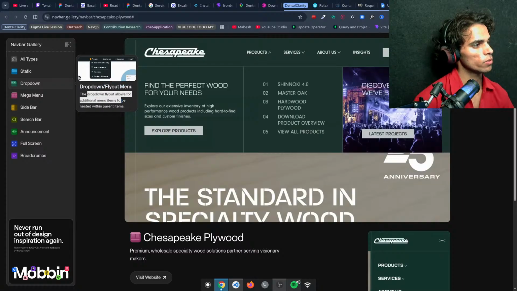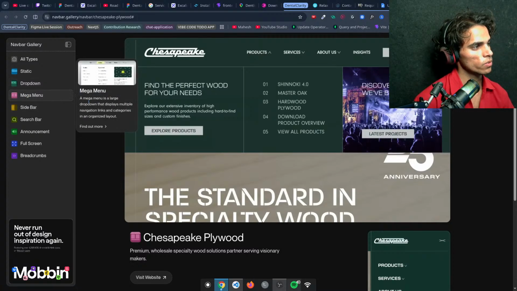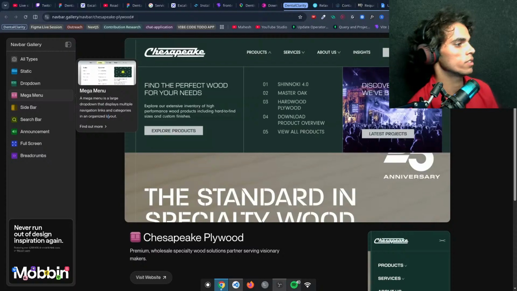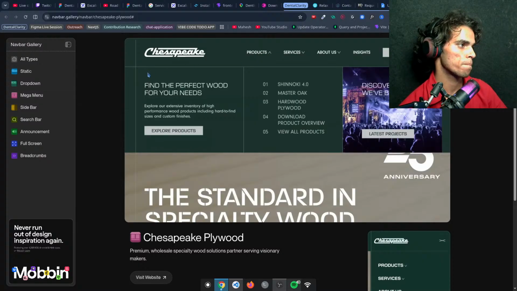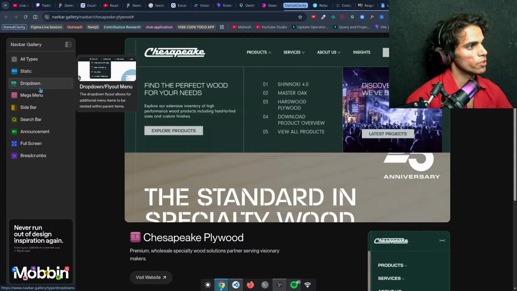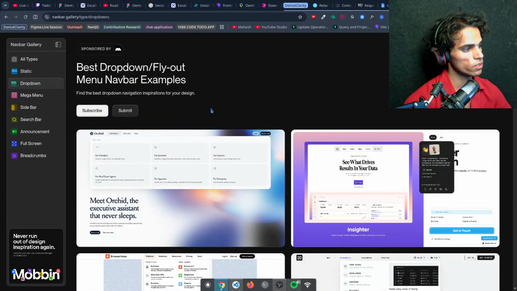Okay, the program for about, item to be nested within parent items, mega menu. There is a large drop down that displays multiple navigation links and categories. Again, drop down. I need drop down. Okay, we don't want mega menu, so let's get into drop down.